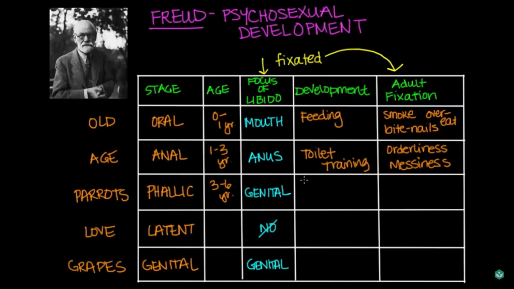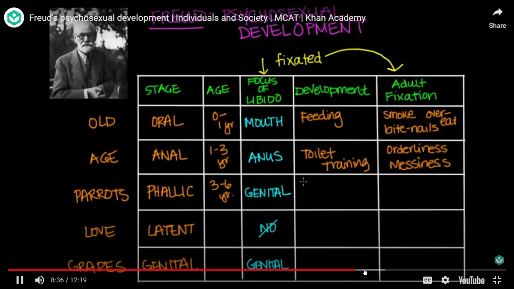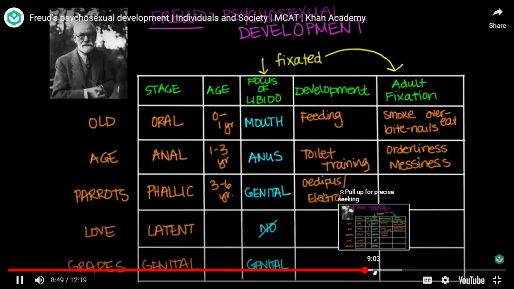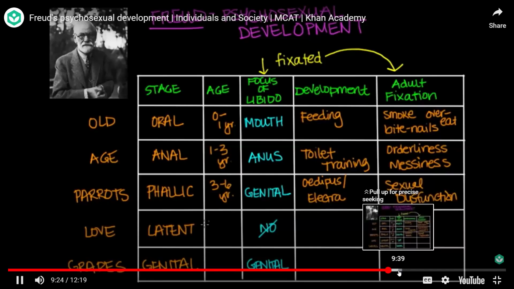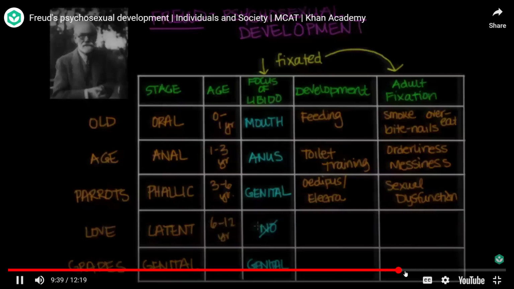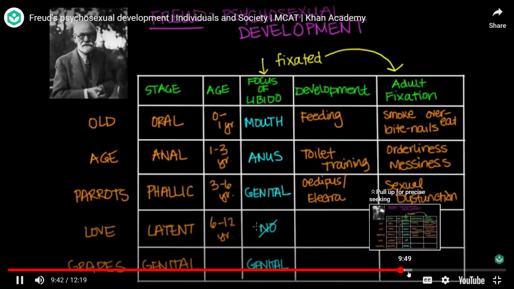So that's the major development here, being able to resolve identification with their mothers. However, if there's a fixation at this stage, that can transform into adulthood and cause sexual dysfunction. So this is the time of exploration in which the sexual energy, this libido, is still present, but it's not really focused on one area of the body, rather.